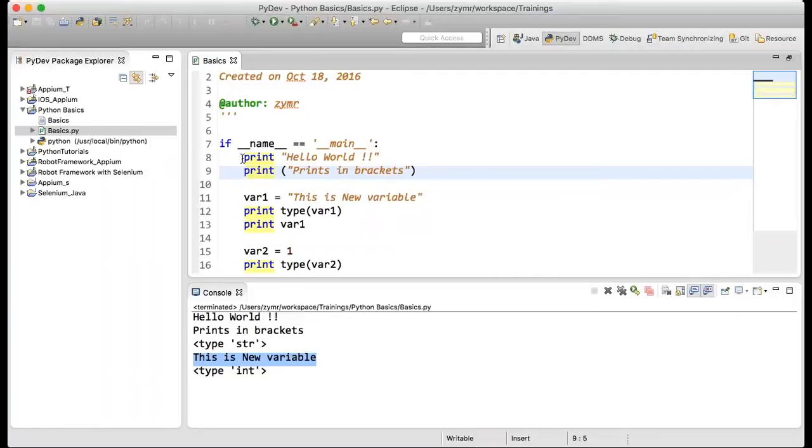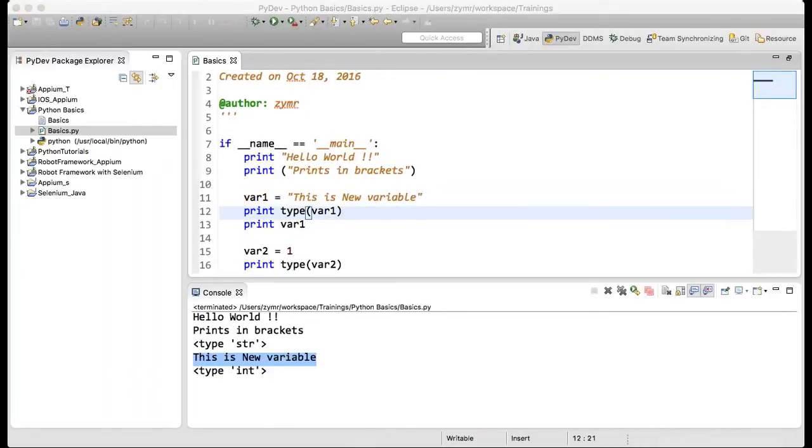Instead of me printing directly the hard coded strings, I have stored those values in a variable and I tried to print it. Now there are many other ways that we can store the variables. As of now, at the basic level, we should understand how we can work with the different types of variables.